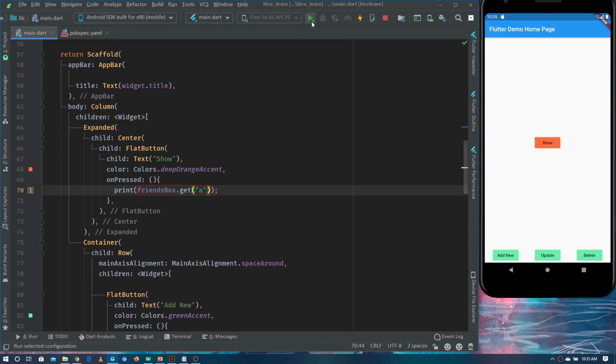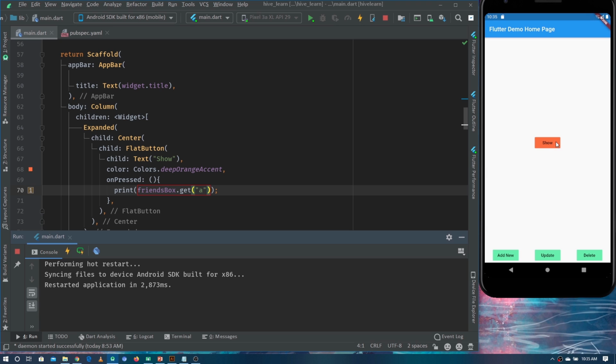And now let's run the application. It should print Taha on the console when I tap on this show. So let's open the console and tap on this. You can see it's showing Taha, and we have stored the value of Taha